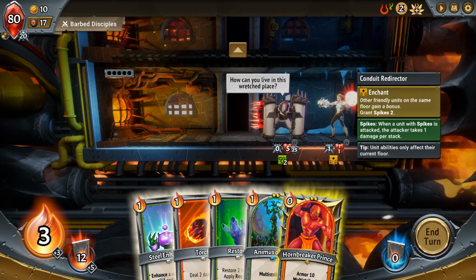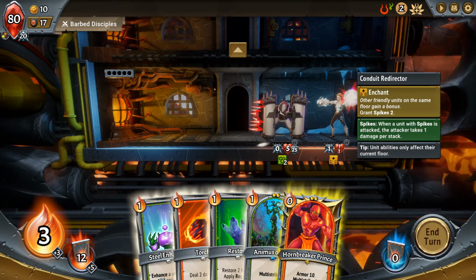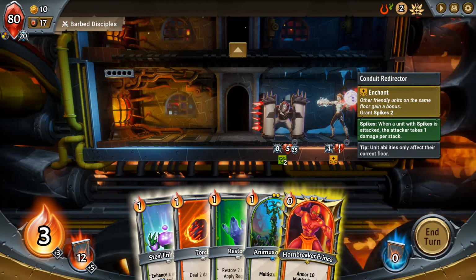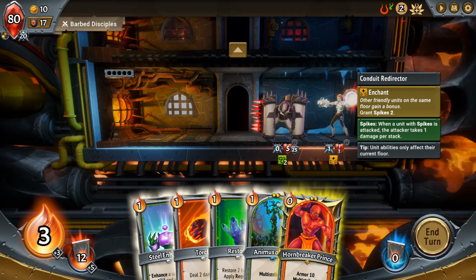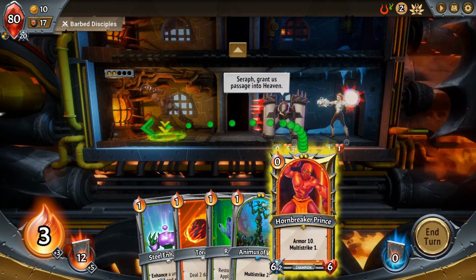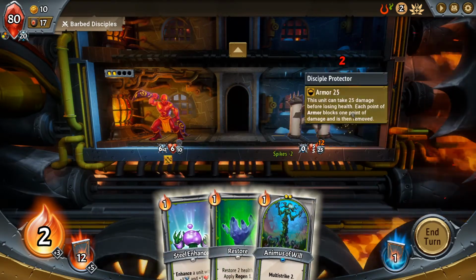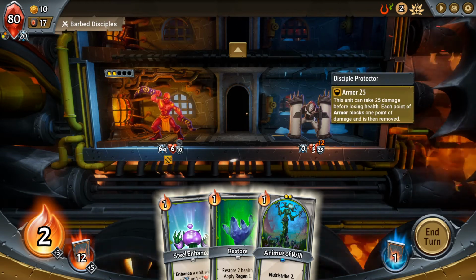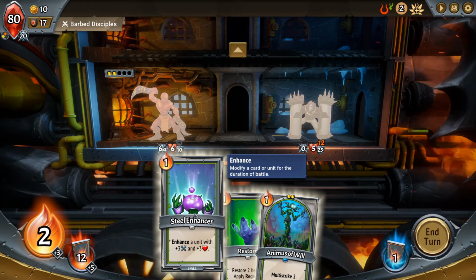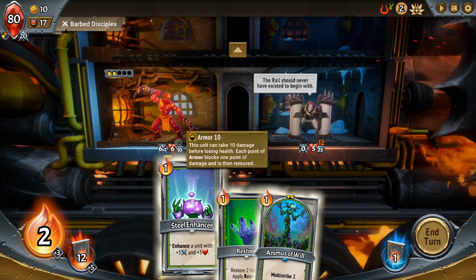We also have a Counted Redirector. Other friendly units on the same floor gain a bonus, so we're gonna want to kill you immediately. Also spiked, and yep, basically it. I'm gonna play my Hornbeaker Prince, obviously. We are going to kill you, obviously, because that means that we remove the spikes from you. Beautiful. So we could go for this immediately, I believe. Yes. So at this point, I'm thinking that...